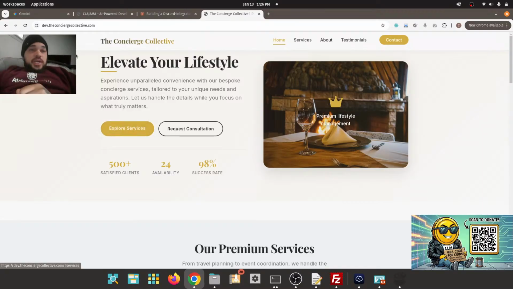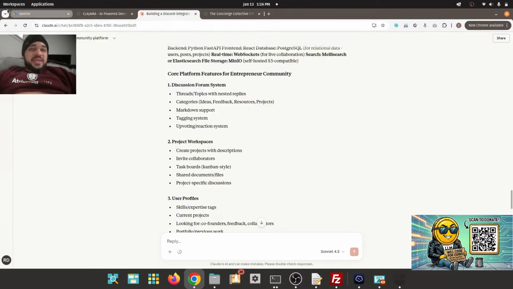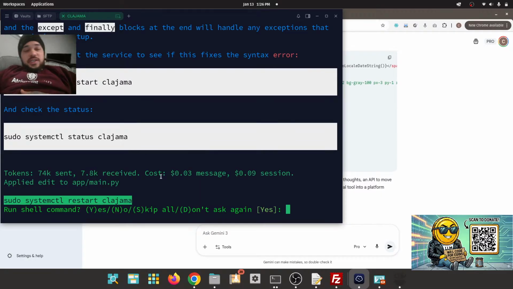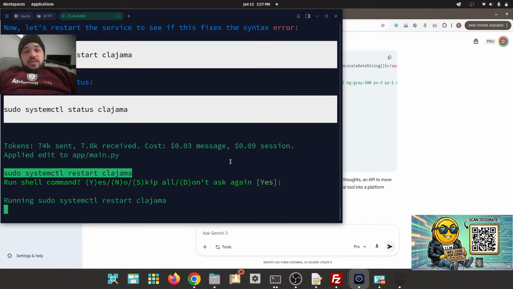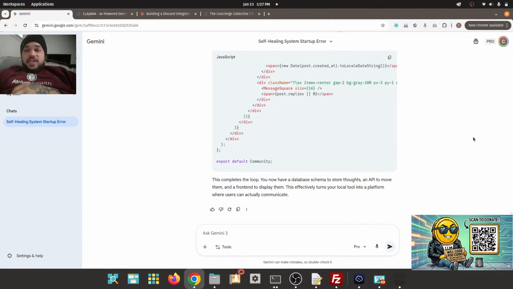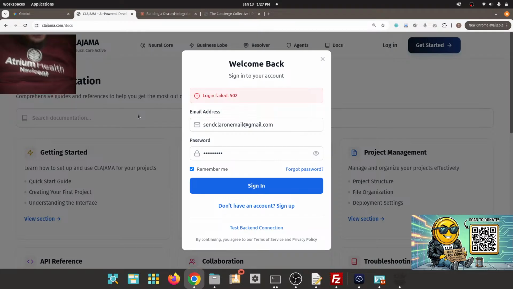I do use Gemini. I spend good money with Claude. Claude is expensive. I gotta find a place for Claude. But DeepSeek is my baby. DeepSeek and AderChat as a wrapper is outstanding and amazing. What I'm doing is